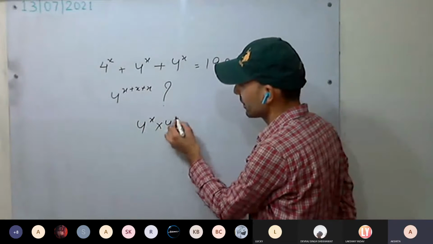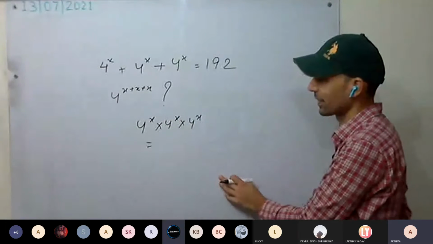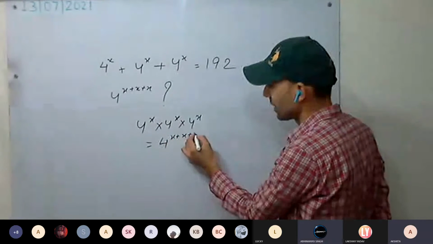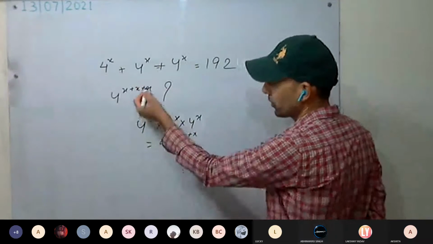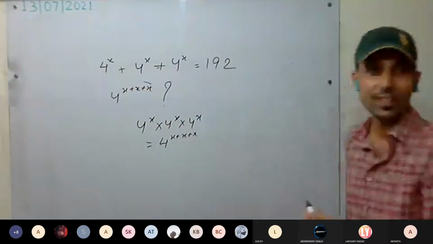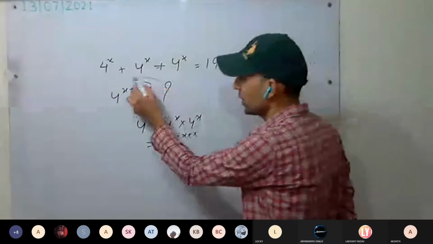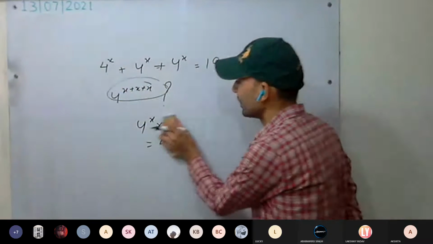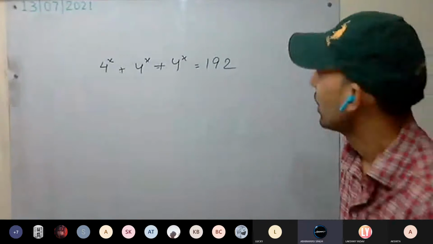Then what is this? 4 upon 3x. If you are adding or multiplying, are we getting the same thing? Somewhere is a mistake. So we can't do it like this. So what has to be done here? Then we have to multiply x.